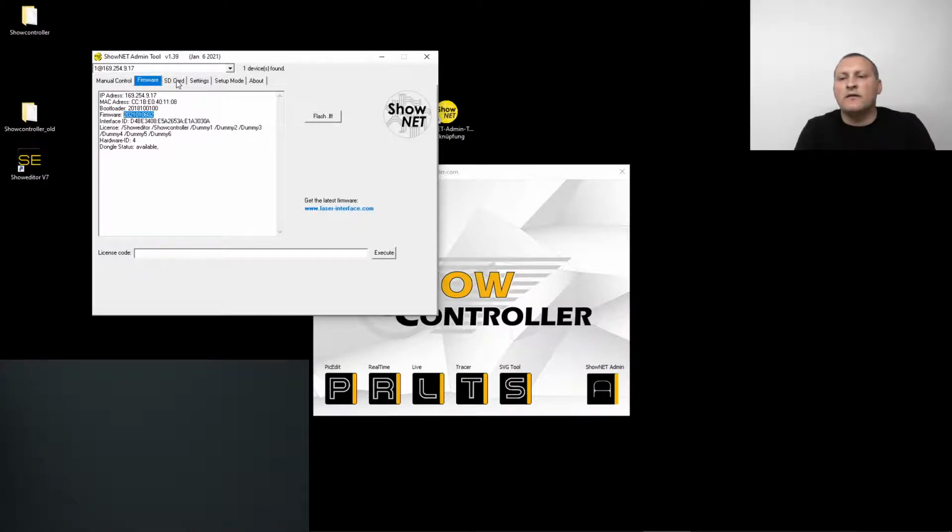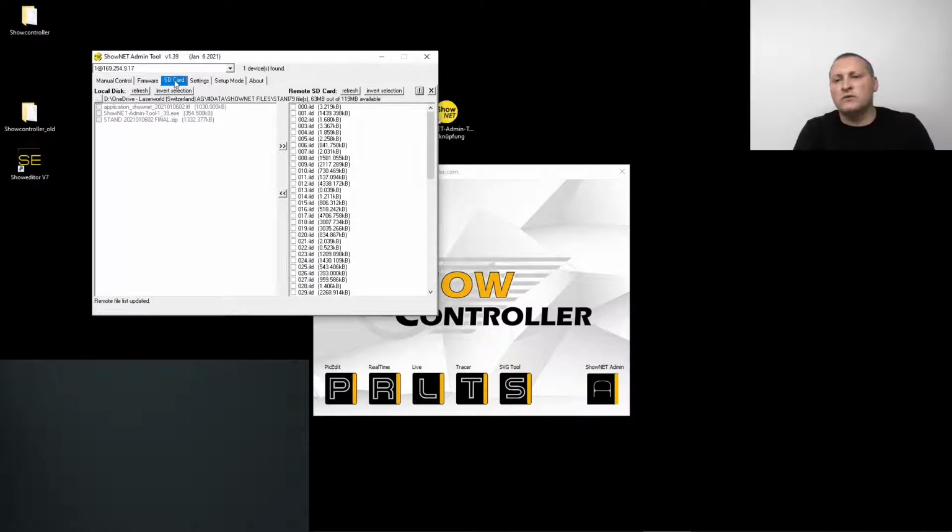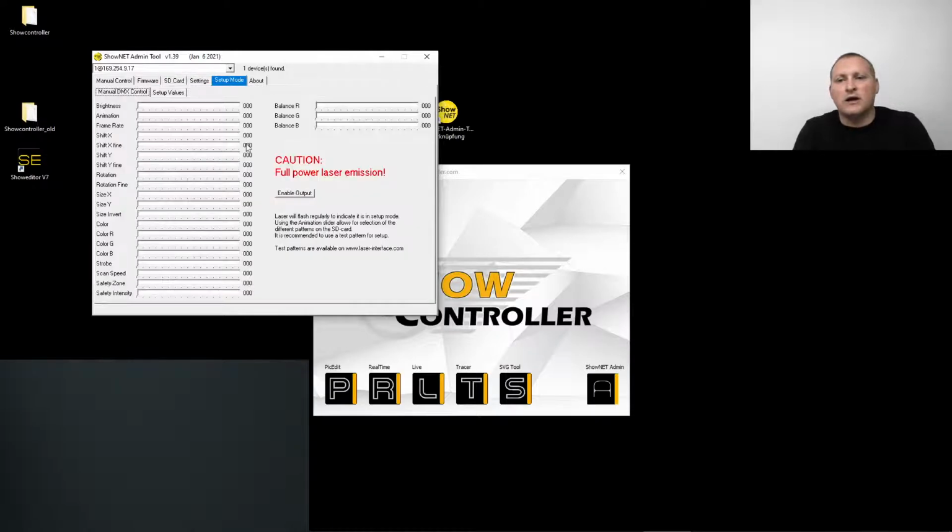And there you have the option to use the SD card to load content. You see there is already content loaded to the SD card. So this is already the standard content. You can just have a look at what's on there using the setup mode, and there you can browse through the content. It is flashing, of course, because this is not meant for direct output. This is just for testing and for alignment,